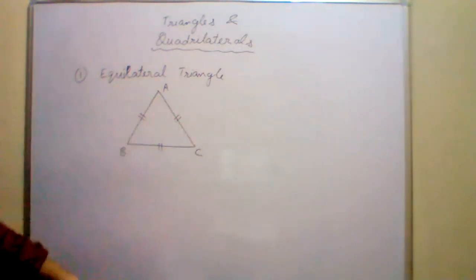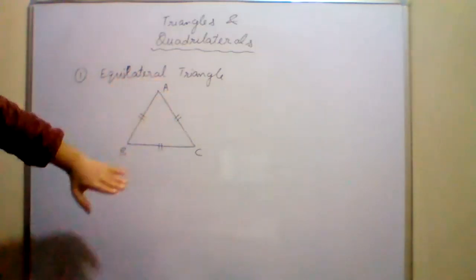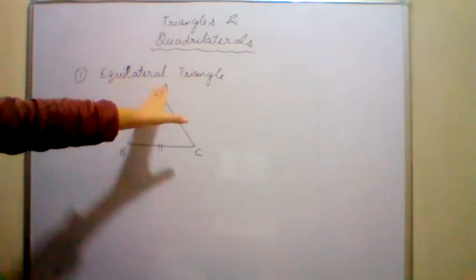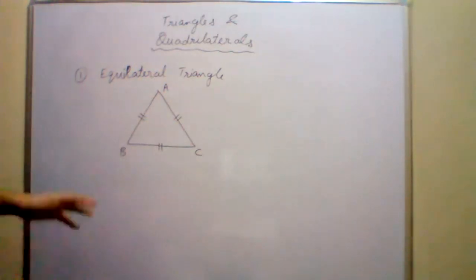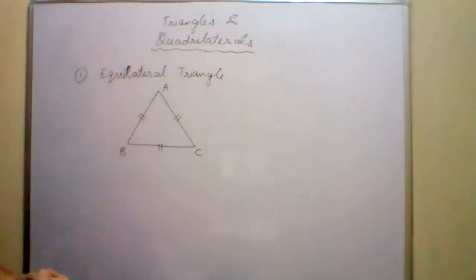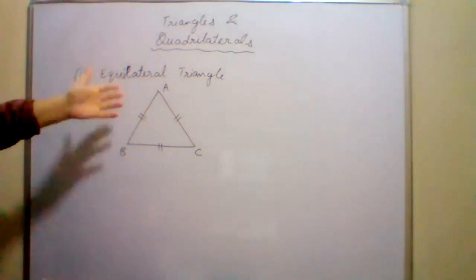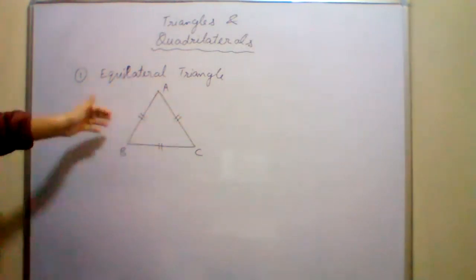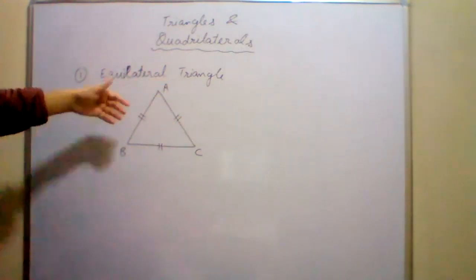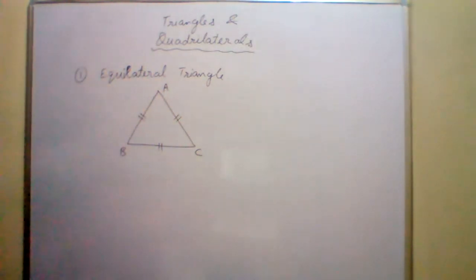देखिए मैंने जो figure draw किया है on the board, in this, all the three sides are looking equal. Main thing is that they should look equal. So AB is equal to AC is equal to BC. The side could be of any length. In your book, they have made all the three sides 6 centimeters each, but they could be of any length. If one side is 4, then all the three sides will be 4 centimeters. If one side is 3 centimeters, all the three sides will be 3 centimeters each. Okay. So this is an equilateral triangle.